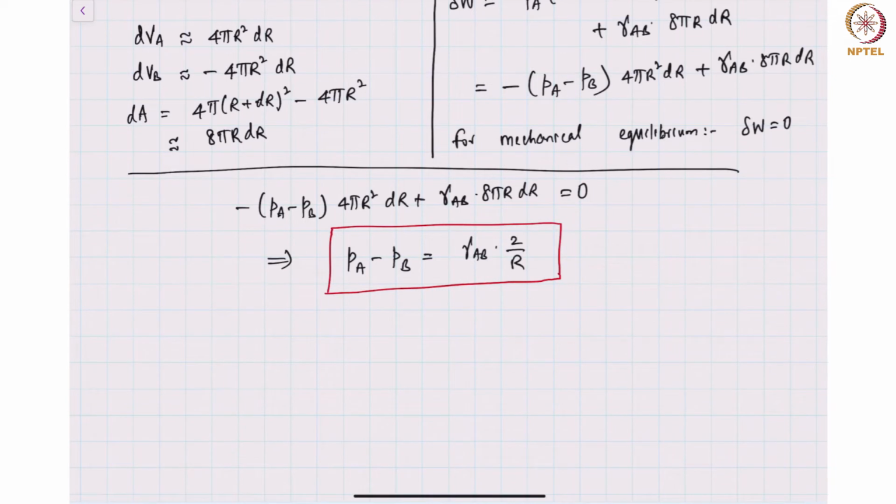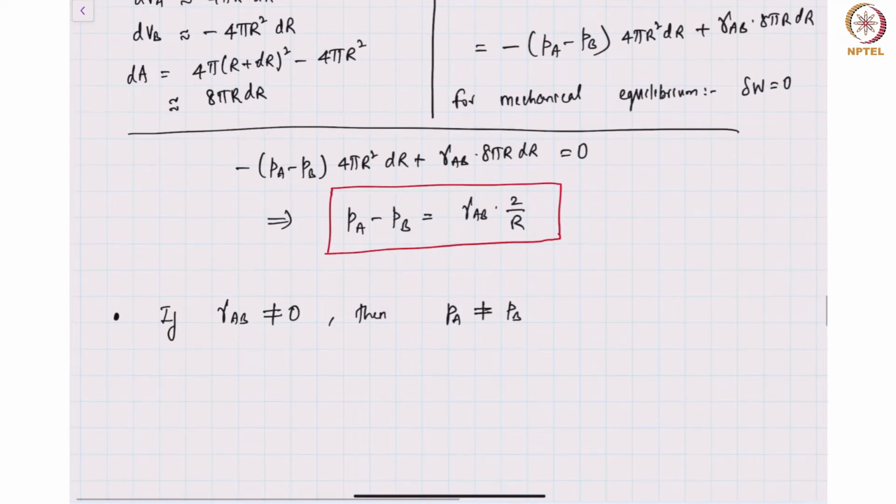Okay, this is a nice, simple, elegant expression that we have got here. It says that if gamma AB, so there are several things that we learn here. The first thing is if gamma AB is not equal to 0, then PA is not equal to PB, as long as we are referring to a case where R is not infinite. Okay, R, we will also look at those cases. The second